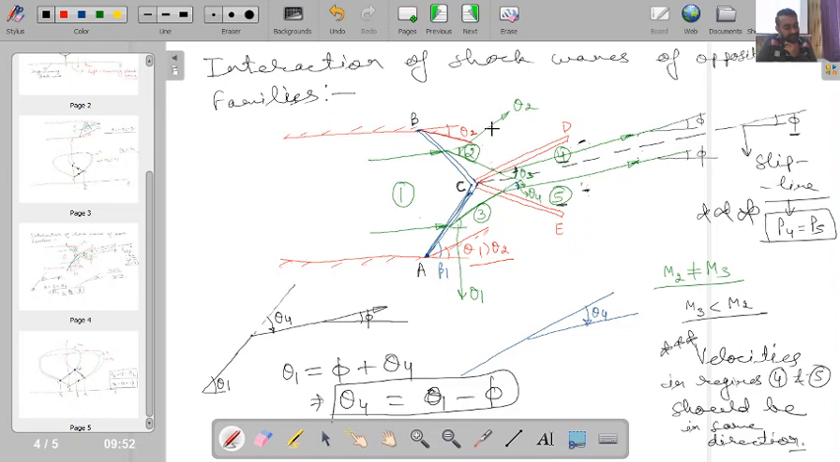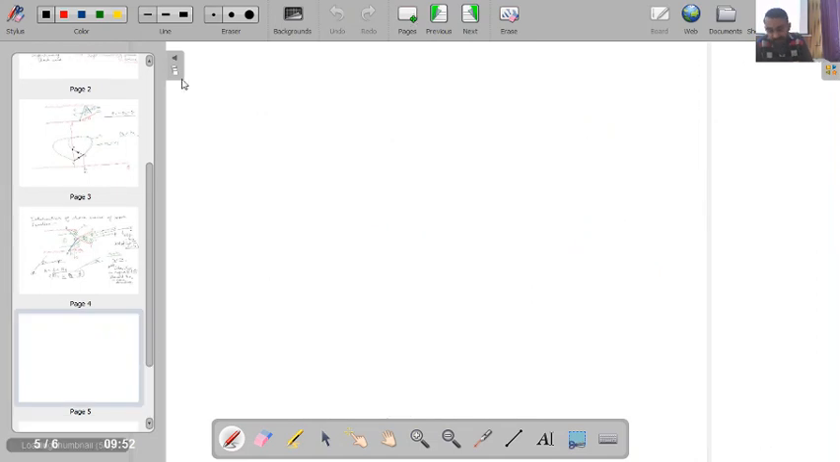So for this situation to occur, we should have the same angle and the same pressure. In other properties there will obviously be discontinuity, but in these two parameters, pressure and angle, there will not be discontinuity. That is why the slip line represents discontinuity in some set of properties, not in all. For example, in pressure it does not lead to discontinuity. Is this point clear? Now next we have the interaction of